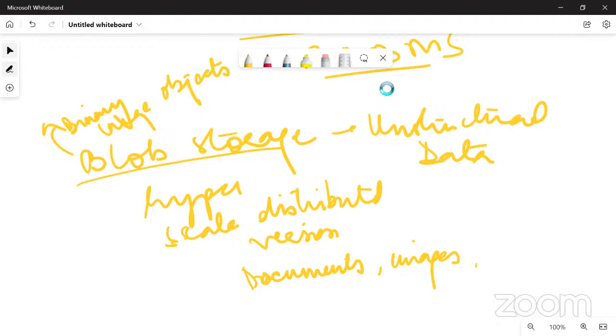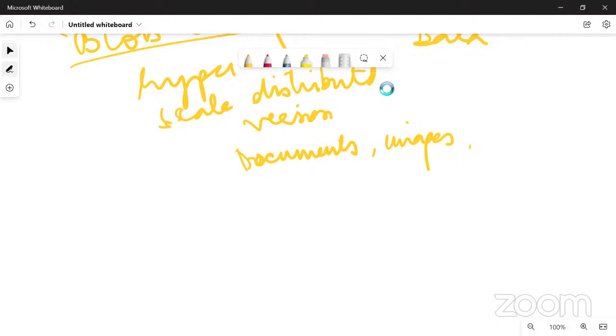Sure. Okay, so that was about blob storage. Moving on to the next thing, which is NoSQL, the one we'll be comparing with SQL.